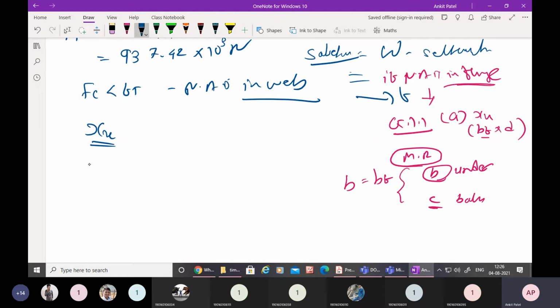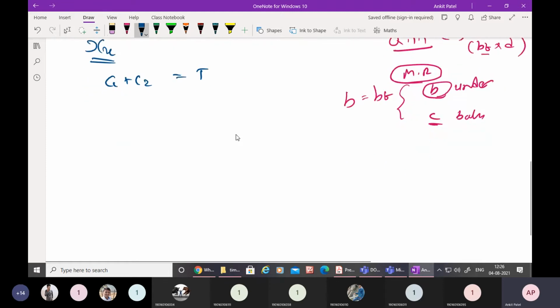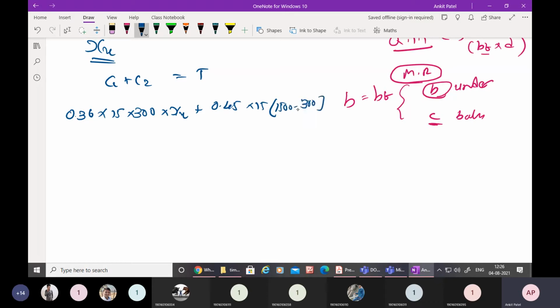But right now neutral axis is in web. So for finding the value of XU, you need to equate total compression force equal to total tensile force. From that you can easily calculate. So I'm going to write it down. FCK is given, that is 15 in our case. B is given, that is 300 into XU that we need to find out, plus 0.45 into 15 into BF minus BW into DF, and DF is 100, that is equal to T, which is nothing but 0.87, Fy is 250, and AST is 4310. So from that you can calculate the value of XU, and XU is equal to 78.65 mm.